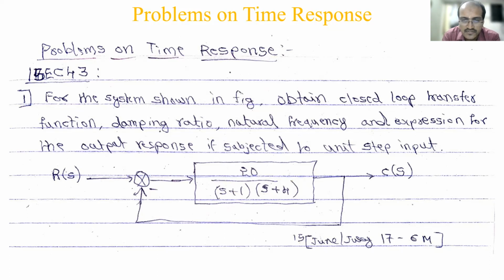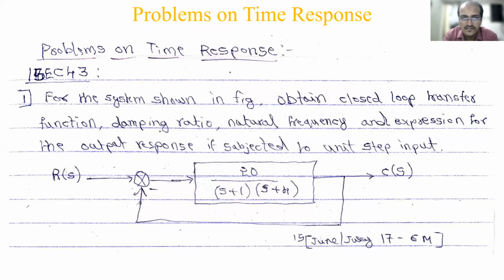So what are the terms here? The omega n, zeta and omega d. These are the terms, and along with theta you have. So these four terms you have to calculate. If you calculate these parameters, you can directly substitute in the expression and you can find the response. For that, what you require here is the transfer function. From the transfer function only we can find out the zeta and everything, right? Whatever transfer function is given in the problem, we can compare it with the standard one and calculate zeta and omega n. And if you know zeta and omega n, you can calculate omega d, and theta you can calculate. So that's what the problem is about. We'll see one by one.